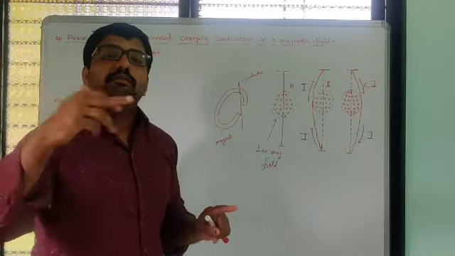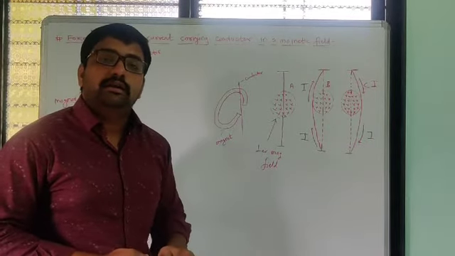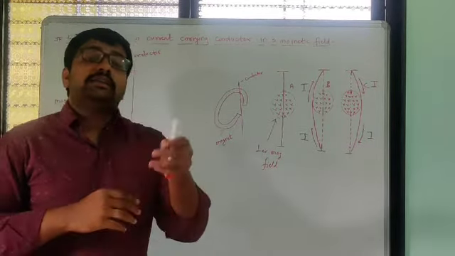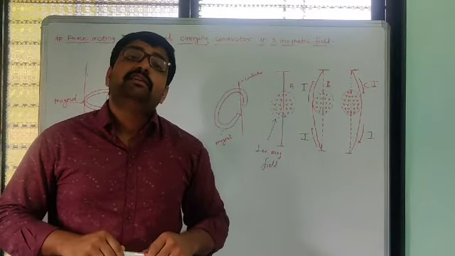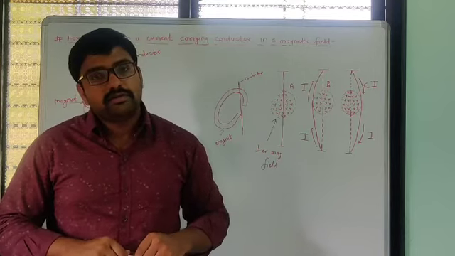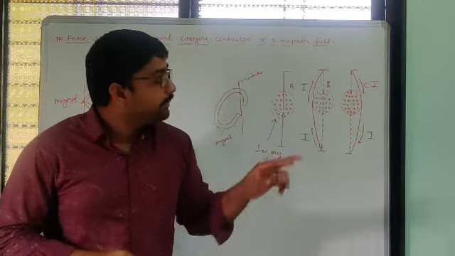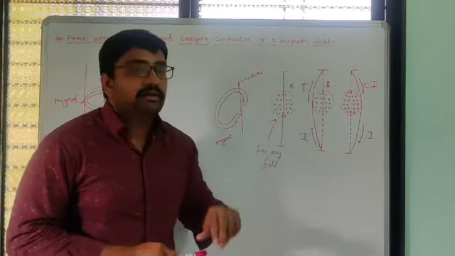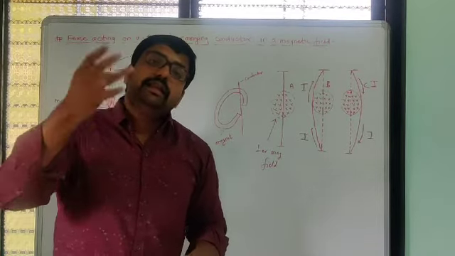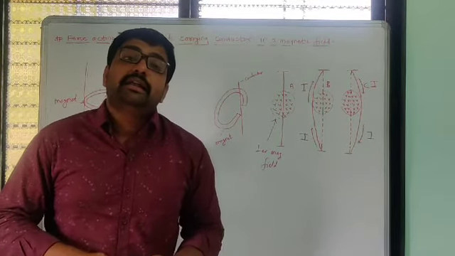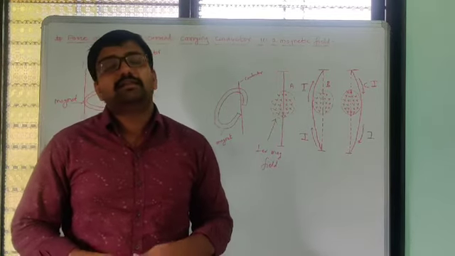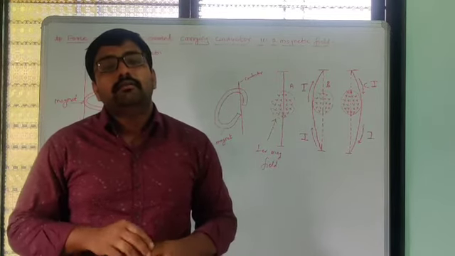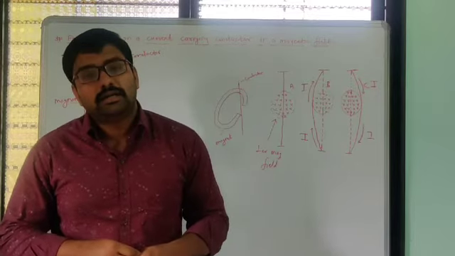So a perpendicular force acts on a conductor. How to find the direction of that force, we have to find using Fleming's left hand rule, which is given to find the direction of the force acting on a conductor when we place an electric conductor in a magnetic field. How we have to calculate that direction of force, we will see in tomorrow's lecture.